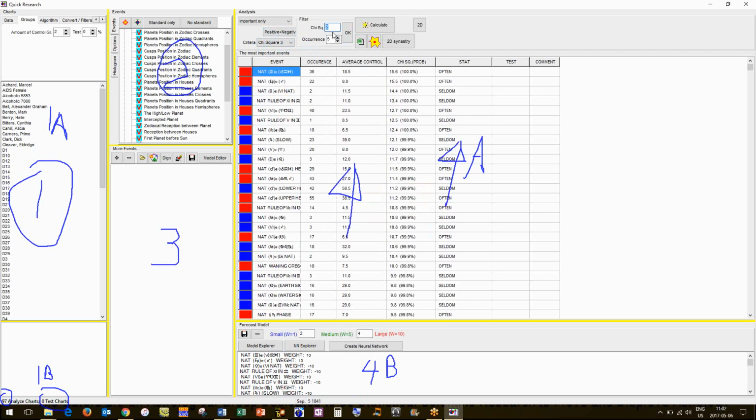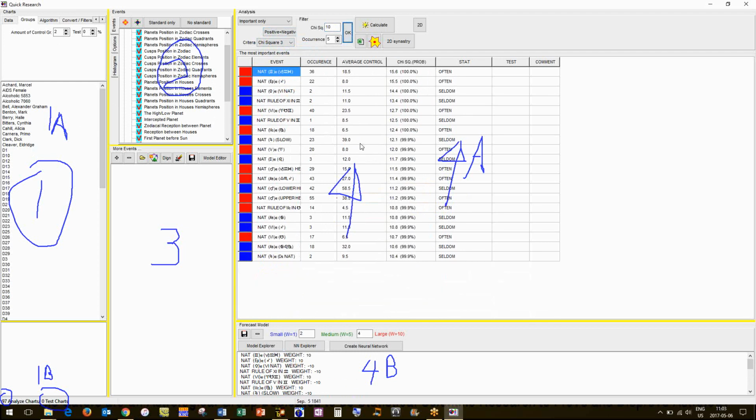So if we come up here, there's a button here, you can see chi-squared. So what we can do is we can set this button to chi-squared of 8. Let's go chi-squared 10. So as you can see, it truncates the list. So you could set, like in this one here, there's a lot of data. So we might not be concerned with the lower chi-squared values because we have a lot of data.